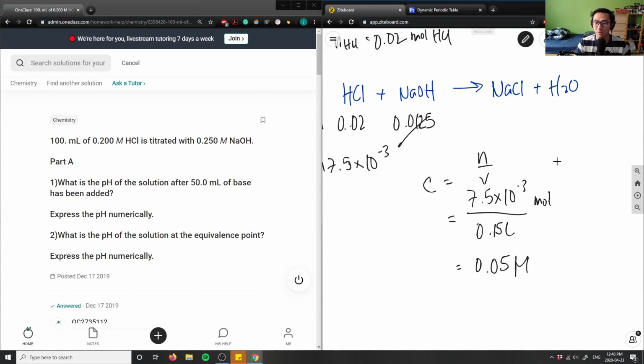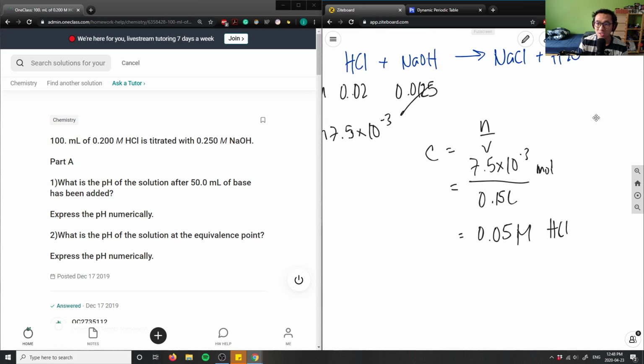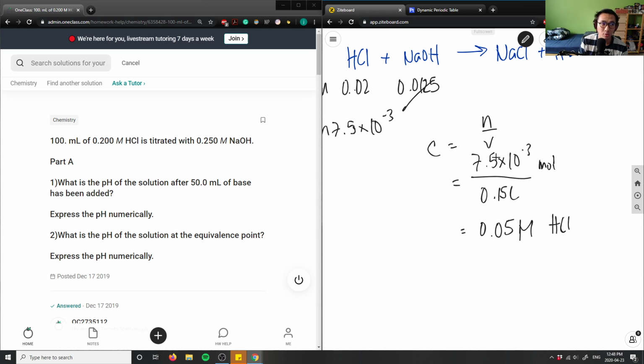Yes, this is 0.05 molar. So we have this of HCl, right? And because we know it is a strong acid, HCl dissociates fully. So HCl dissolves fully plus H2O. It's going to dissolve fully into H3O+ and Cl−, because we know it's a strong acid. Therefore, my concentration of 0.05 molar is also the exact same concentration of our acid here, which is also 0.05,